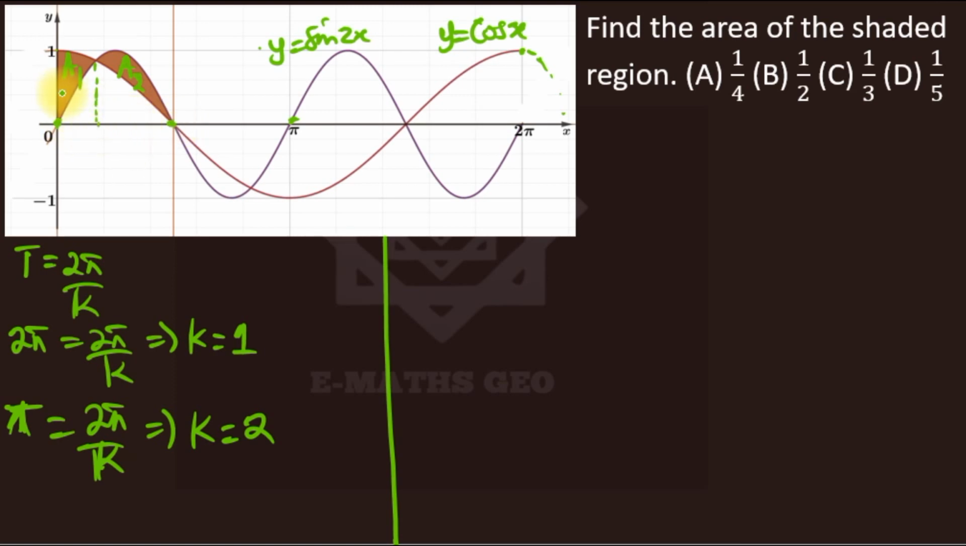We need to equate the two functions at the points of intersection, so we need the x-coordinates of the points of intersection. As you can see, it's 0 here. So we need to get this and this. And how do you do it? At the point of intersection,